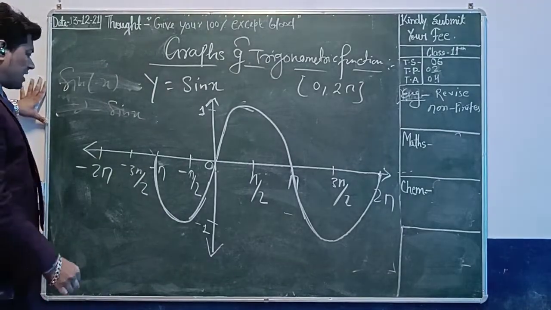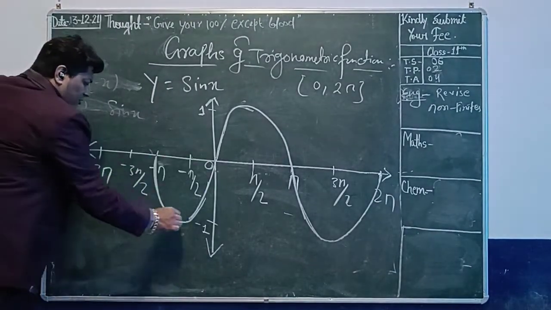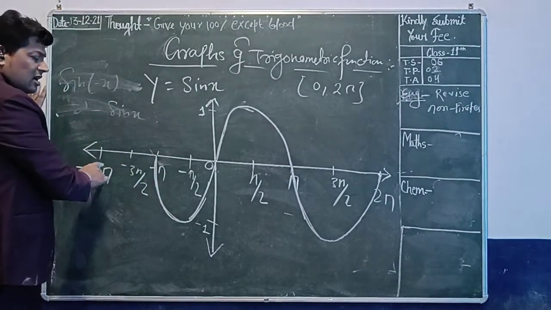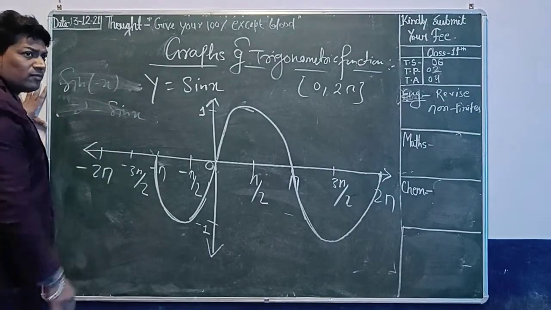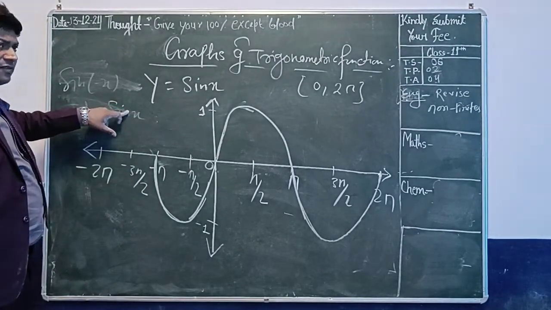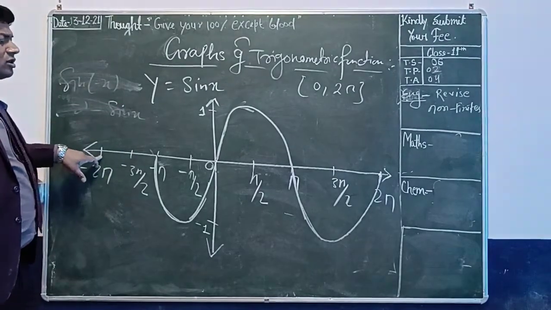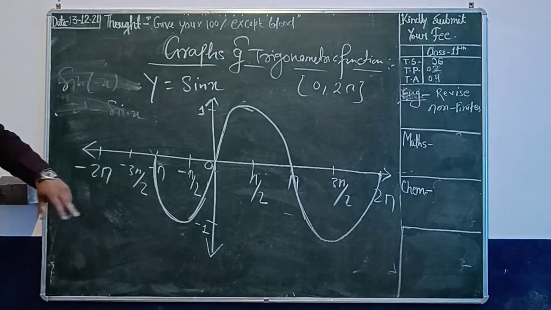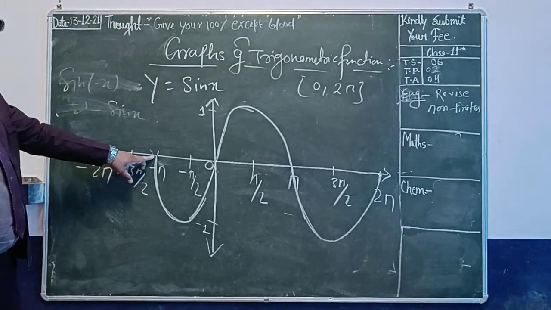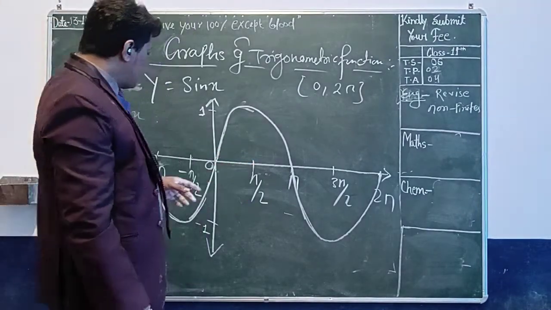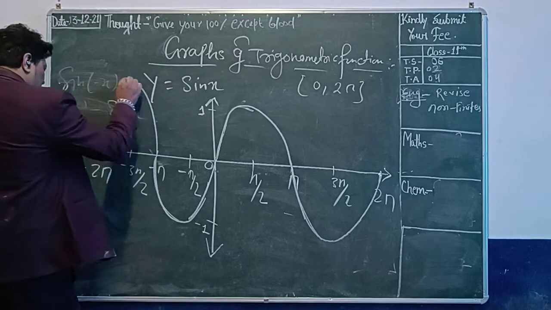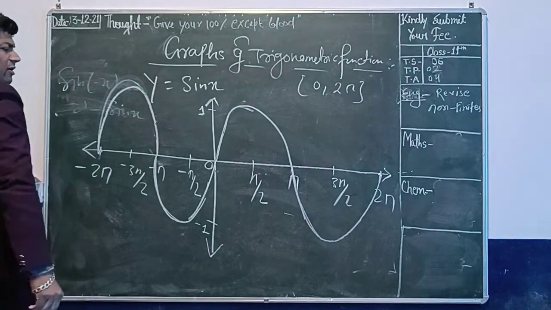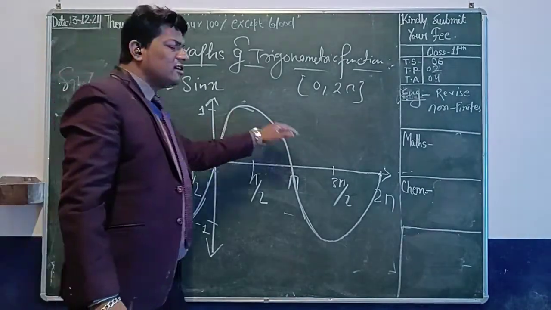Getting my point? Now the graph will be like this. Now minus pi, and again it will go like this. Again minus 3 pi by 2, it will go. Again it will go. And again it will come to minus 2 pi. So what actually you are getting? That minus pi means at the axis it is 0. The value of sine pi is 0. Again it will originate from here, and again it will cover this one. Very good point. So this is the graph of the sine function.